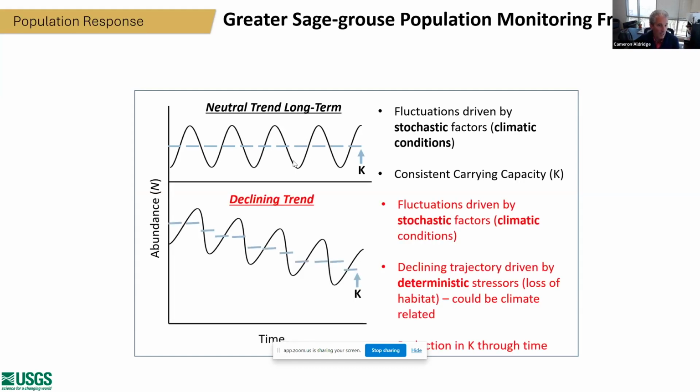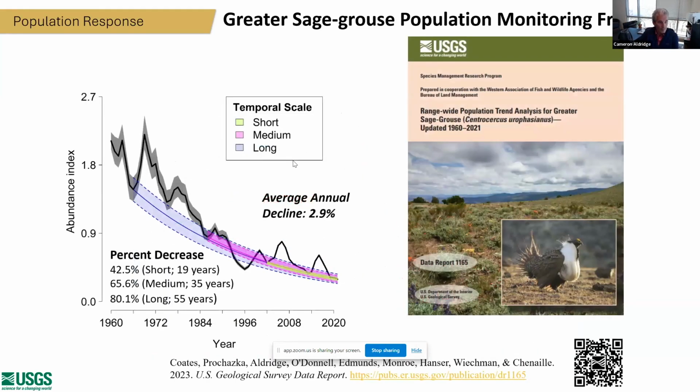We tend to see these declines that are happening. So not only are these oscillations driven by stochastic climatic factors, but there are other deterministic factors or stressors: fires, loss of habitat. Those can also be induced by climate-induced changes, increasing the fire frequencies. We're losing habitat. We're seeing population numbers decline, and climate can have direct effects on that. What we're seeing is carrying capacity has dropped. We've got smaller amounts of habitat, lower quality, and fewer birds are able to be supported by those habitats.